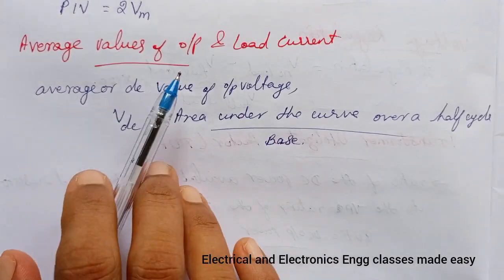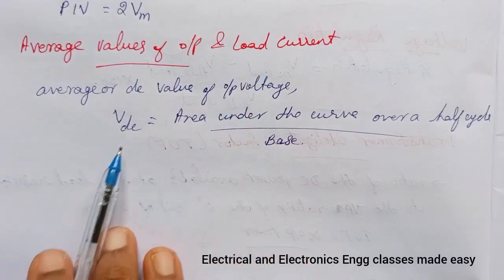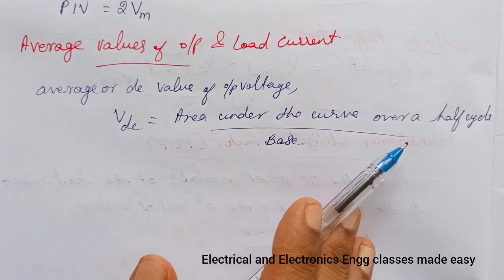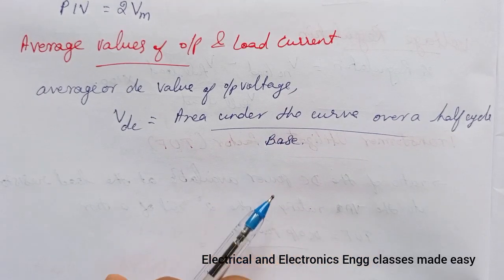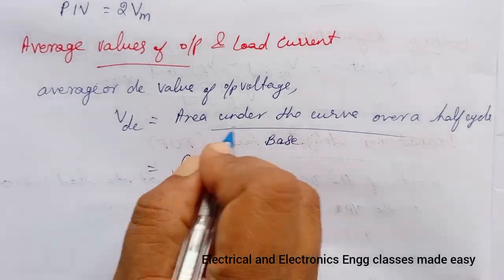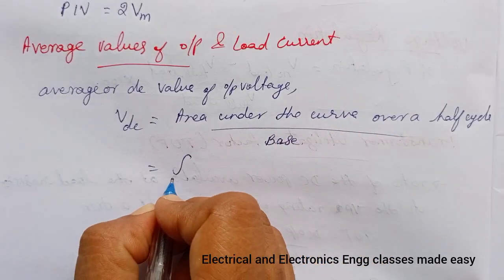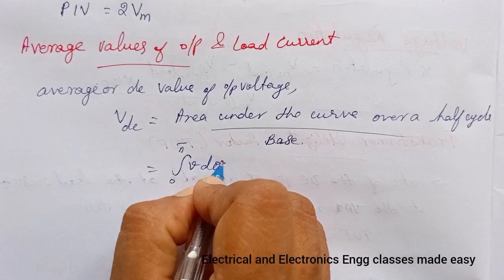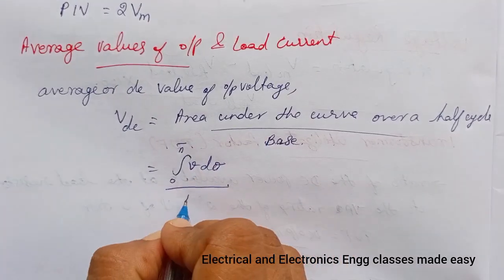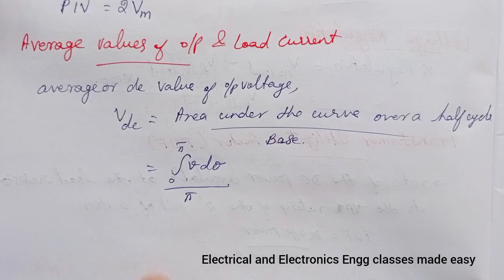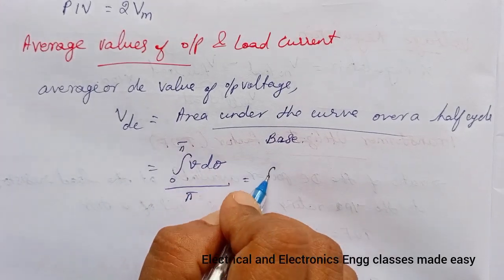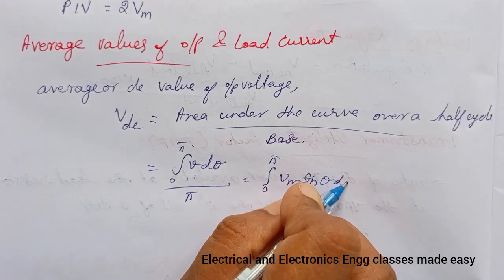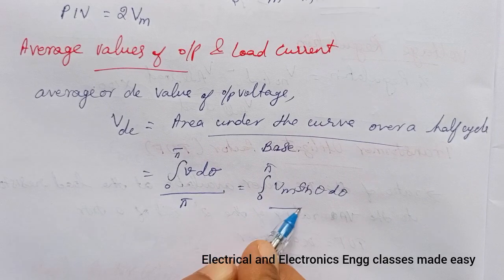Next is average values of output and load current. The average or DC value of output voltage, Vdc, is the area under the curve over a half cycle divided by the base. The limit is 0 to pi, so integral 0 to pi Vm sin theta d theta divided by pi,